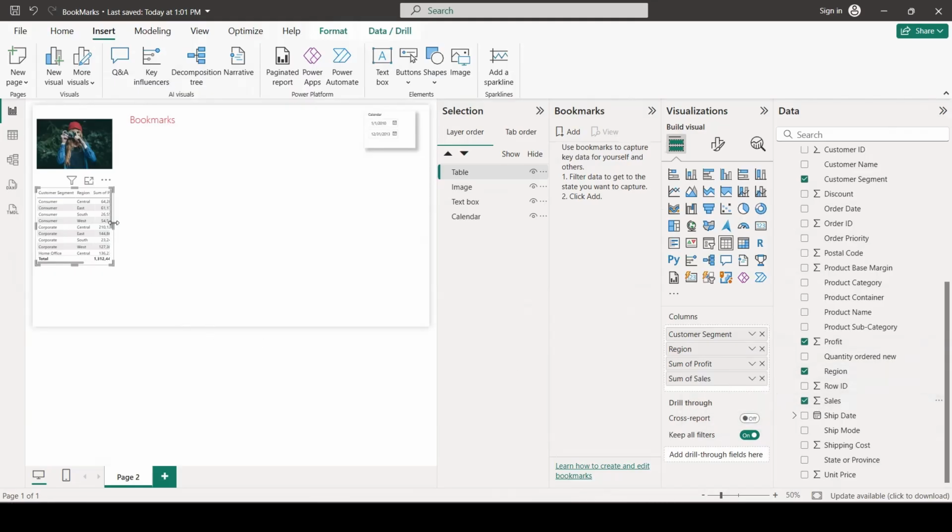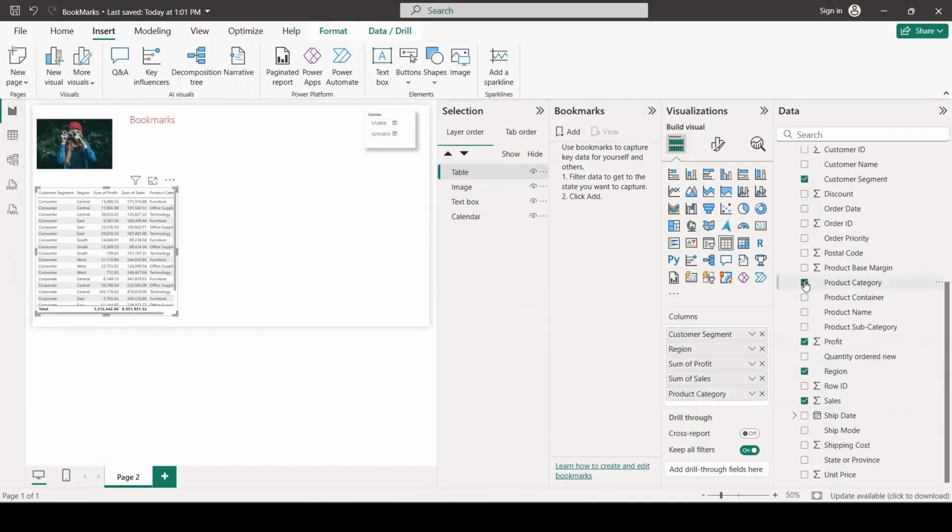So now we have about 4 columns. So we can expand this like that. And maybe we can add another column, product category. This I will put before region.